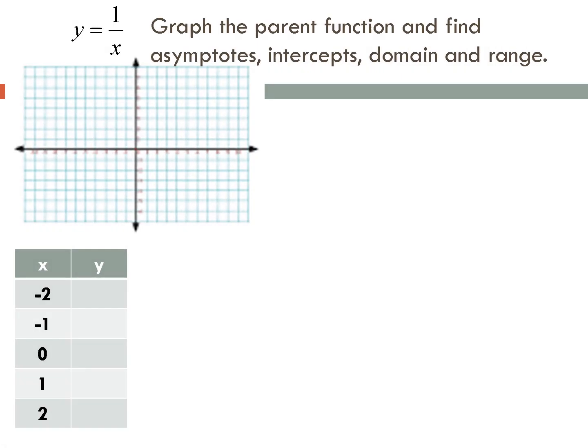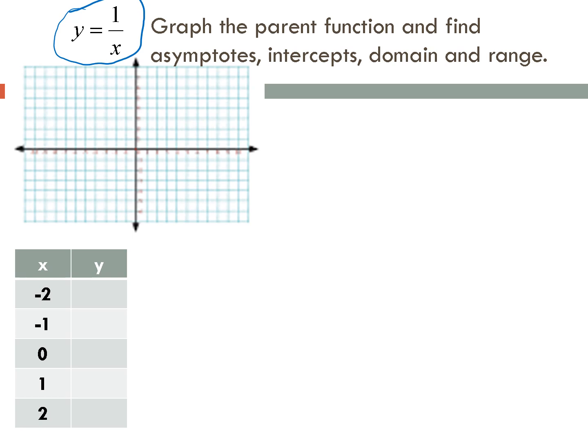Now let's move on and talk about the reciprocal parent function. So we're going to learn everything we can about the parent function, like the table of values, the asymptotes, intercepts, domain and range. And then once we all learn that, then we can shift it over to moving it up, down, left, right, stretching, shrinking, all that stuff. So our parent function for the reciprocal function is y equals 1 over x. So to complete the table of values,